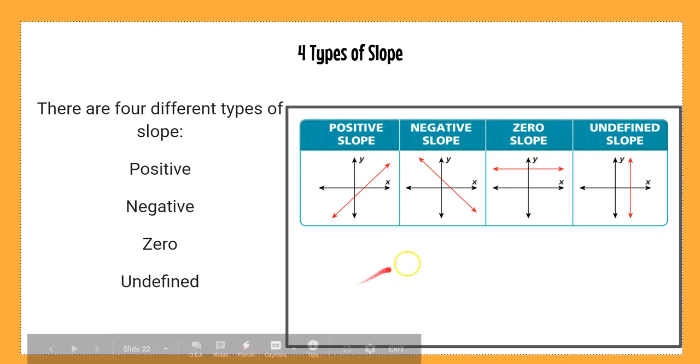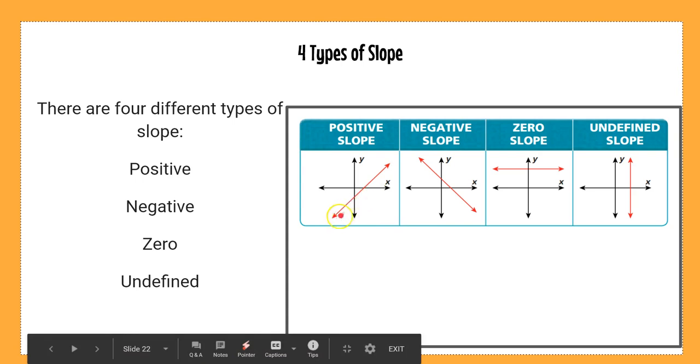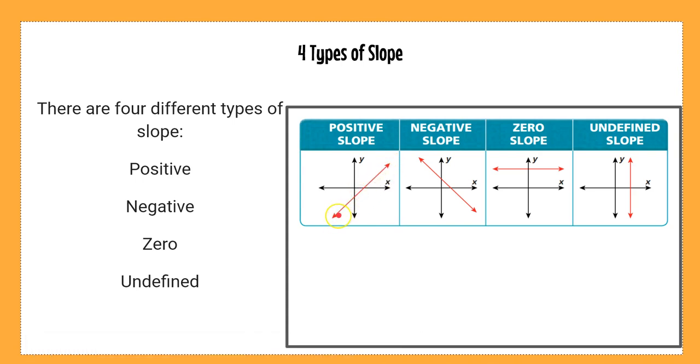And I think about this positive slope right here. This reminds me of the ski lift. On the ski lift, I'm really excited. I am positive I am going to be the best skier in the world. Right? I'm excited, I'm positive. I'm going up the ski lift. Well, when I get off the ski lift, I turn a little negative. So when I'm going down the ski slope here, I don't think I'm the world's greatest skier. In fact, I don't think I'm very good. So I'm really negative about skiing probably when I'm going down the hill. That's what I want to think about with positive and negative slope.